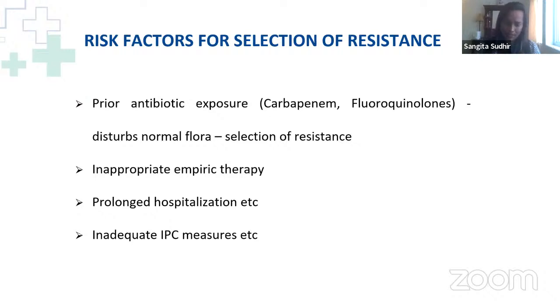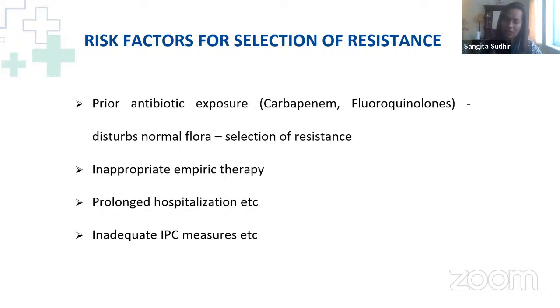So just to wind up, why is this resistance emerging? Mainly because of some of the risk factors. The patient may have had a prior antibiotic exposure, which was inadequate. The patient might have received an inappropriate empiric antibiotic therapy, or the patient may have had a prolonged stay in a hospital,